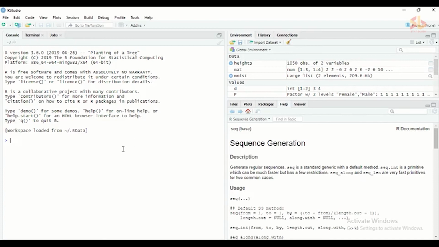There I have mentioned that instead of R, we are using the R Studio interface to work with R. So this is the R Studio interface. After installing R, you can install R Studio as I have given in the paper. After that, you don't need to open R, you just open R Studio. Then the interface will be like this. Working in this interface is more convenient than working in R.